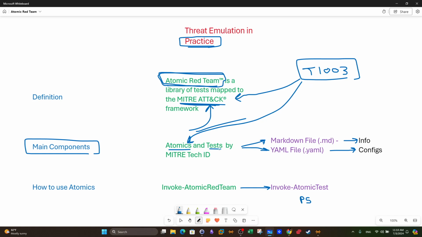Under the atomic, we have the tests. The tests are composed mainly of, first, a markdown file and a YAML file. Now, what's the purpose of each one of them? The markdown file is information about the test. Remember that the test is the practical implementation of the atomic. Let's say an atomic has the name T1003, which is a MITRE technique. And let's say, as an assumption that might not be true, I'm just saying it for brevity and speed,